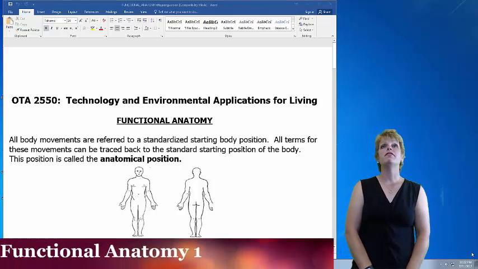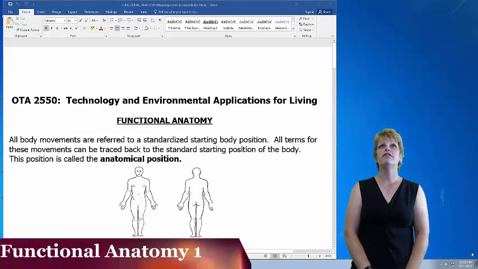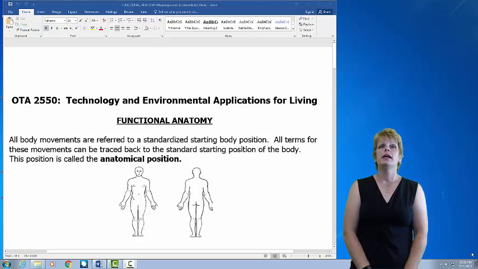Welcome to the video clip on functional anatomy for technology and environmental applications for living. In this video, we're going to be running through the functional anatomy handout, so you need to have that ready and available. You'll also see it on the clip as well, but you may want to take some notes as we go along. I'll be demonstrating to the best of my ability the different movements of the body,